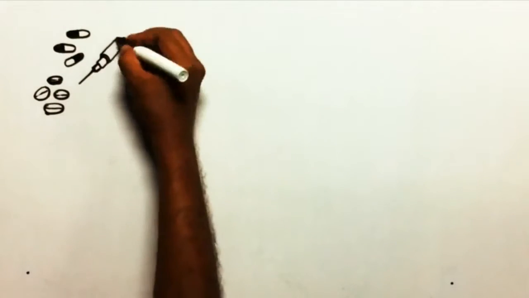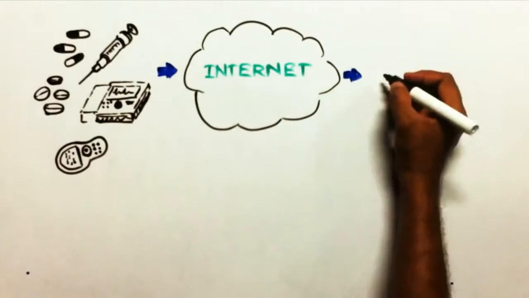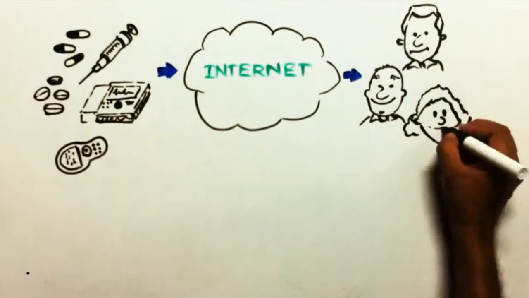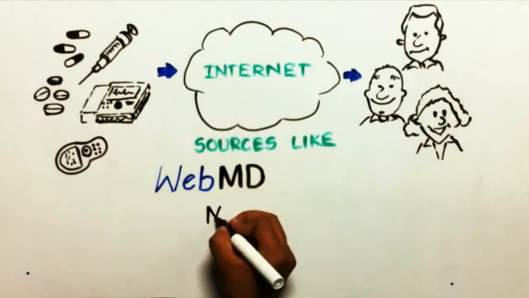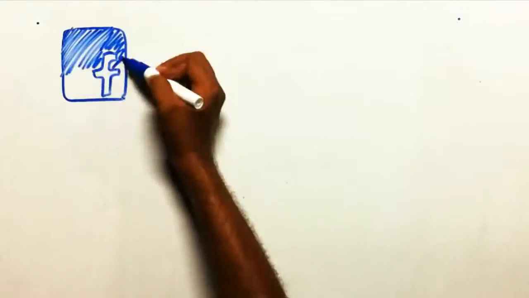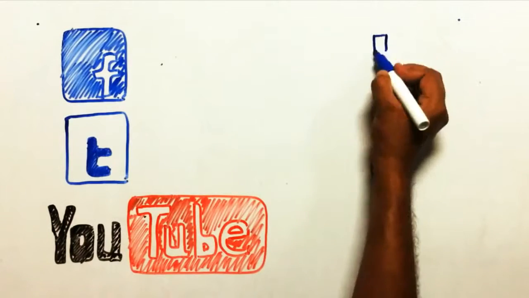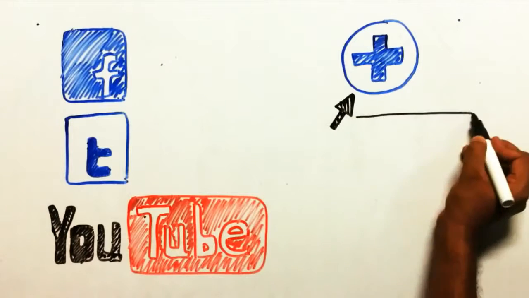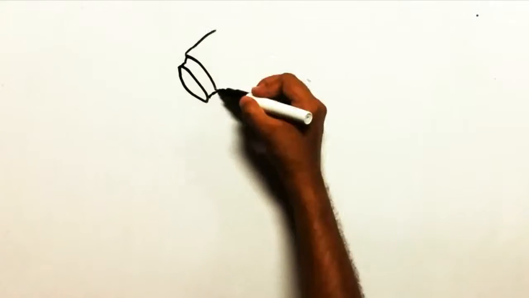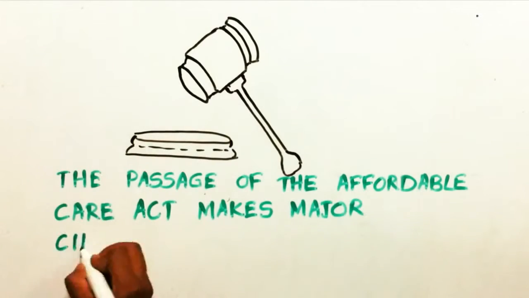Direct-to-consumer advertising for pharmaceuticals and medical devices begin to engage the consumer in the process. The internet begins to put quality medical information in front of consumers, both from news sources like WebMD and trusted centers of excellence like the Mayo Clinic and others. By 2010, Facebook, Twitter, YouTube, and other social networking sites continue to revolutionize communication. Consumers go online to learn about everything, including their health. The passage of the Affordable Care Act makes major changes to the future of care, putting more emphasis on prevention